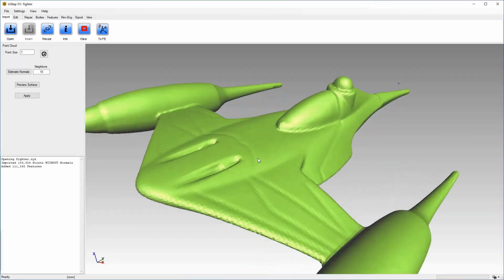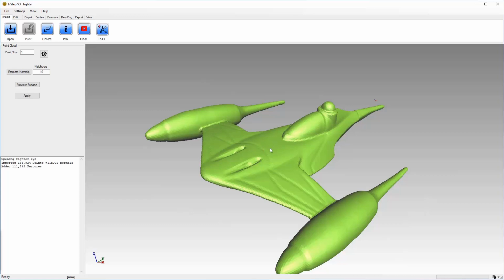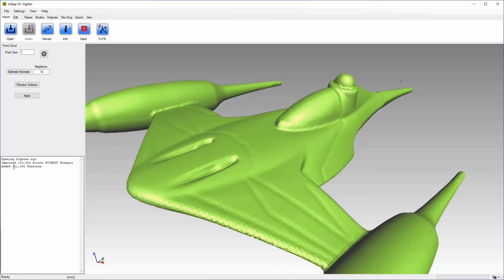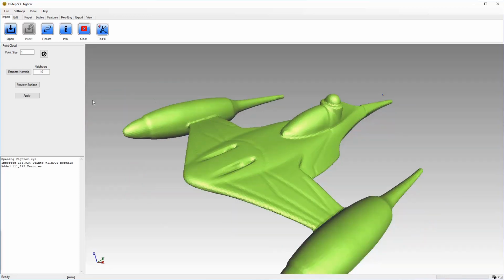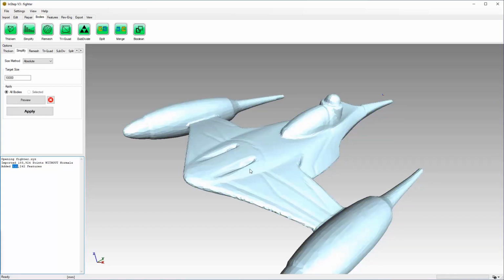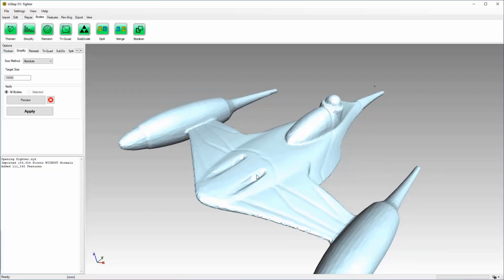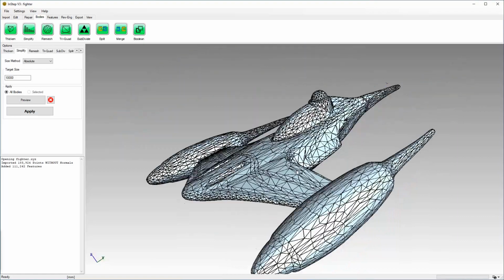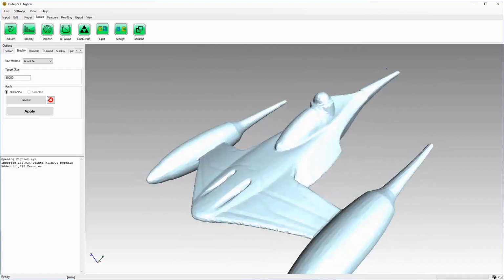Taking a final look at this data, the next likely step would be that we first try and bring down the number of features from 111,000 to something a little bit more manageable. So the way you would do this would be to go to Bodies and then pick the Simplify tool, set a target value. In this case, I'm just going to leave it at 10,000. Use the preview option to get a first look at what that's going to result in. And if necessary, turn on the edge display to get a better look at the resultant body. Once we're happy with that, we can go ahead, click Apply, and make that change permanent.